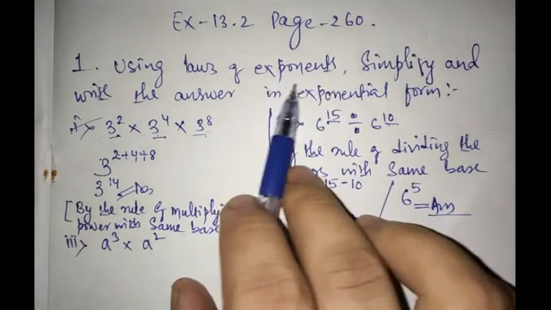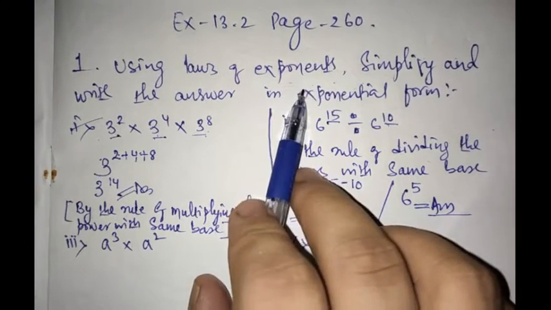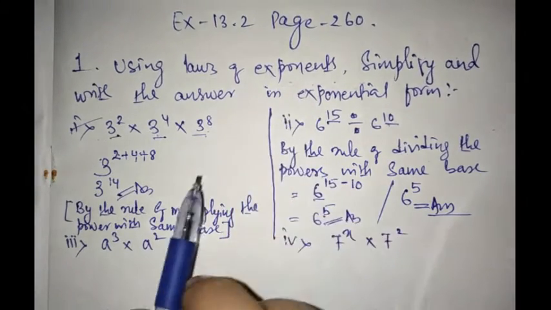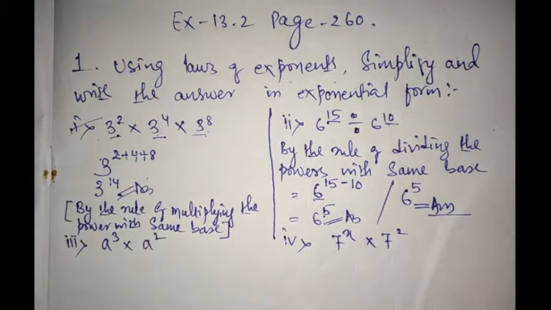They have not asked us to write the value. Most of the questions will be similar to this only. You have to write only the exponential form. If suppose you have to write the value, then you have to multiply and get the answer. I know I have made you understand how to get the value when you have the exponential form, right? So this will not be any problem for you. So let us proceed to part 3.